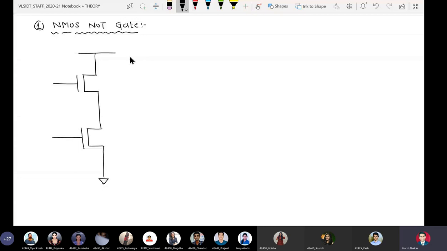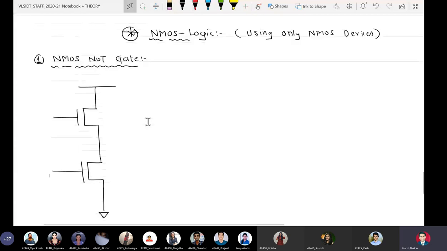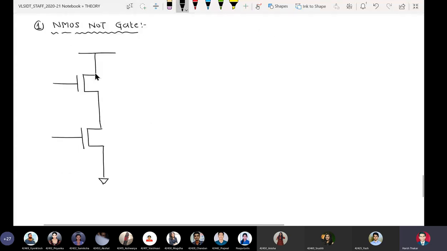As I told you, whenever you are drawing NMOS on paper, upper terminal is drain, lower terminal is source. That is why